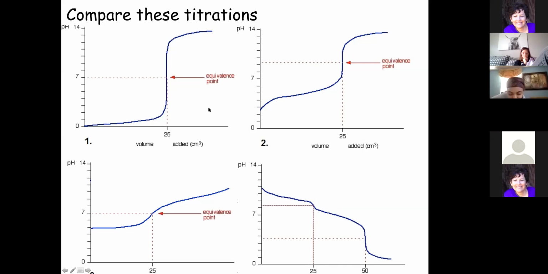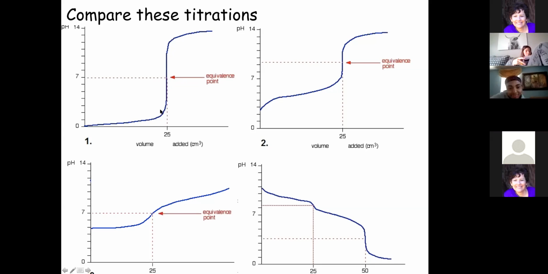So this number 1, what characteristics do we see in that one that's different from number 2 and number 3? That's strong acid. Right, this is a strong acid and a strong base. So how can I tell for sure? Well, that would start at 0, and then it has a huge change in the pH. Exactly. That's the most important thing, this really, really steep change right here. Just 1 or 2 drops and it will just go shooting right up